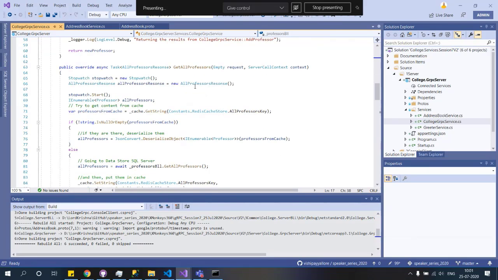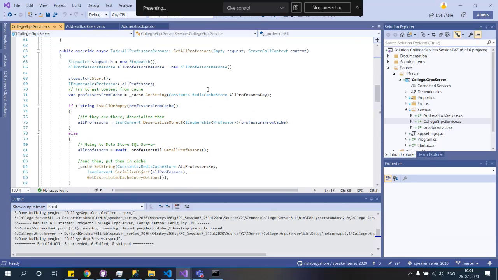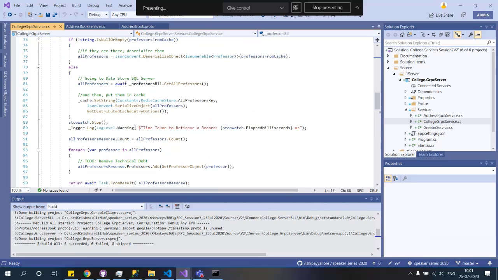If you see this get all professors, we'll get all the professors and then traverse through all of them. Similar to that, you can traverse all the professors, and for that server response we need to stream it. We need to write async into that.